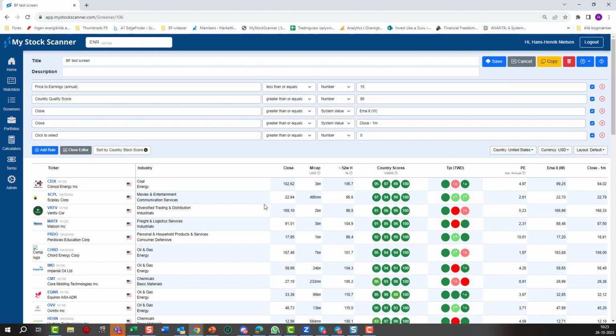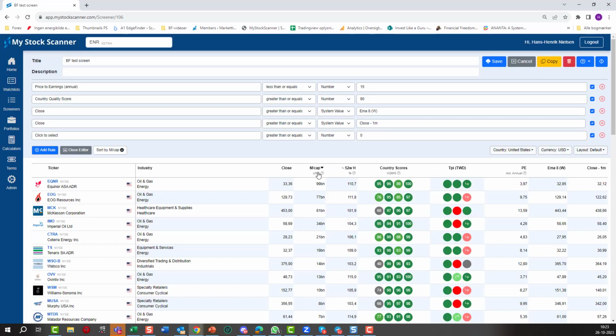So when you have a screen that is fairly like you want it to be, you can of course sort it. So if you want to look primarily at the largest stocks, you can just have it here and say, all right, Equinor, that is originally a Norwegian company, so you can see it says ADR here since it's on the US stock exchange, but it is from another country. There will be a lot of features added here, as I mentioned, but this is for now a fantastic screener,